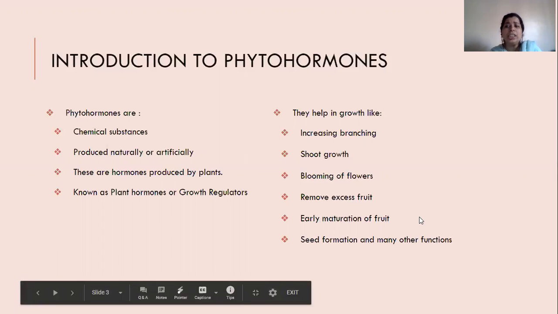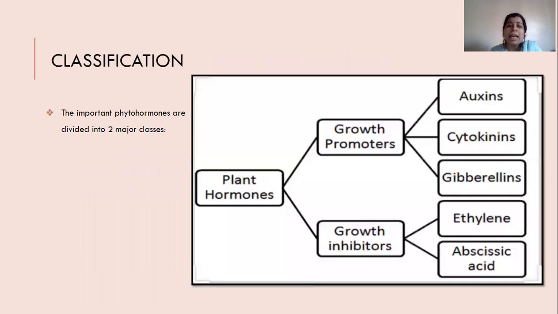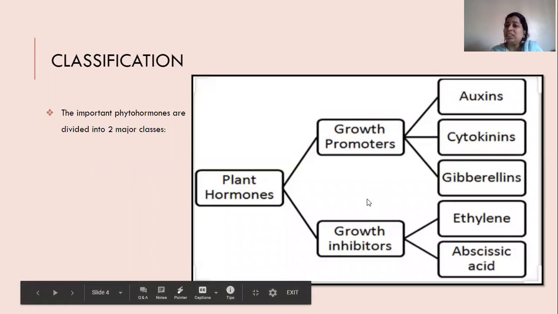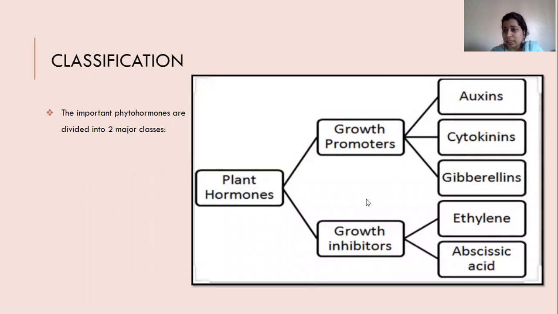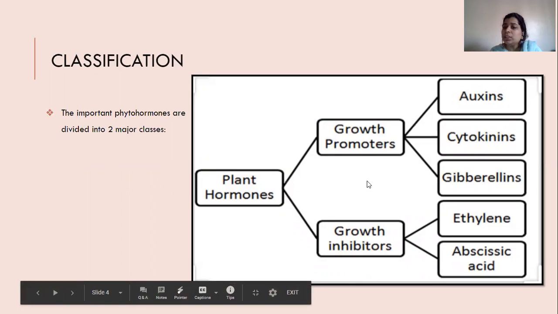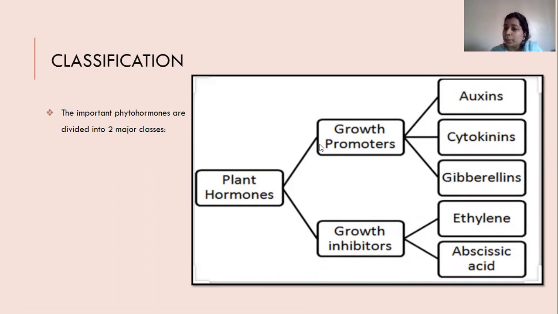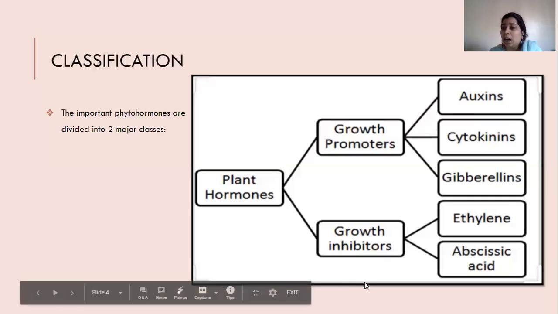We will be studying these in a very detailed way in our next classes. Now, depending on the actions they give to our plant, they are further classified into growth promoters and growth inhibitors. With this word itself, promoter means something that is going ahead. So when you put these growth promoters, it will always induce growth and make the plant grow at a much faster rate, while inhibitors are something which stops it at some point of time. So definitely the mode of action will be completely different.